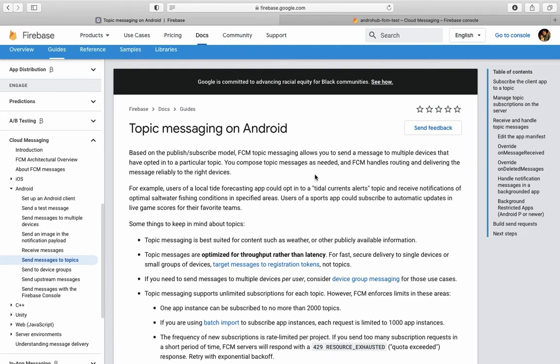Let's suppose you have an e-commerce application. So in the e-commerce application you will be having promotional notifications. Promotional notifications will be sent to a bunch of customers. So in that case, instead of using each and every customer's token, you should be using a topic. Like you are going to create a topic with the name promotional, and all the devices are subscribed to that particular topic, and whenever you trigger the notification on the topic, all the devices will receive it.